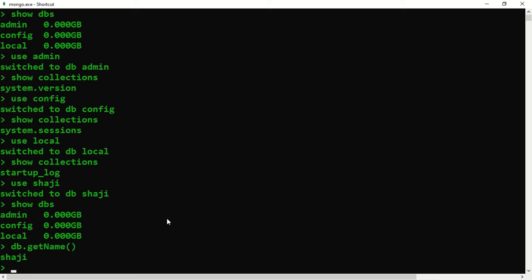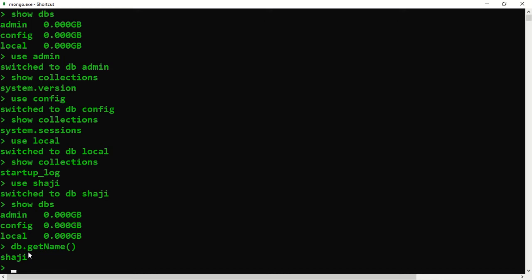So the Shaji database is already created, but it is not showing in the list because there are no tables or collections in it. But currently you are in the Shaji database. The command db.getName() shows the current database name in use.